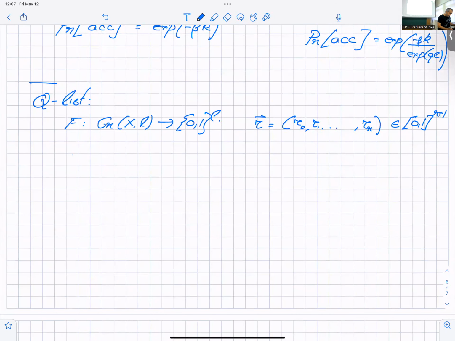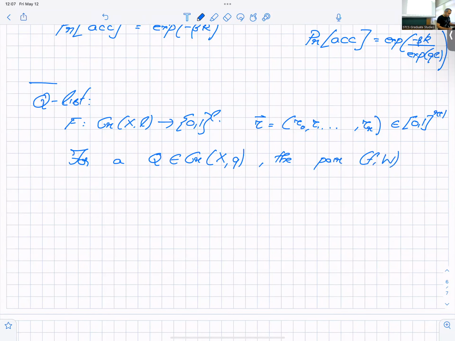We'll say, for a subspace Q in the Grassmannian X_Q, that the pair (F, W, tau) occurs with respect to Q and F